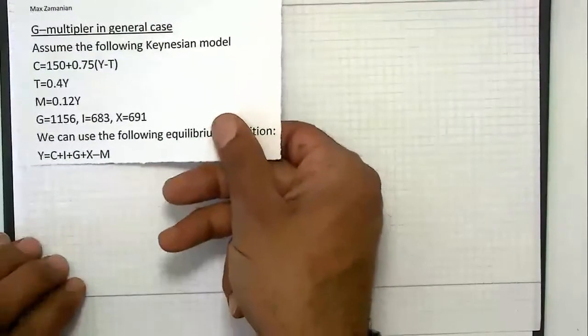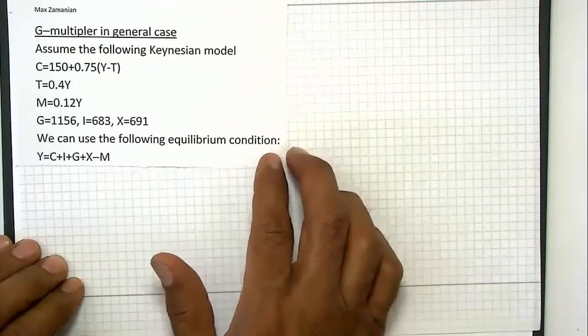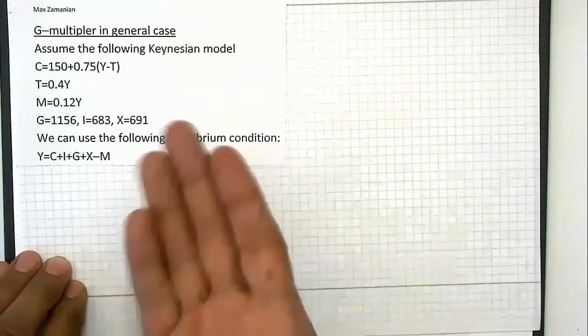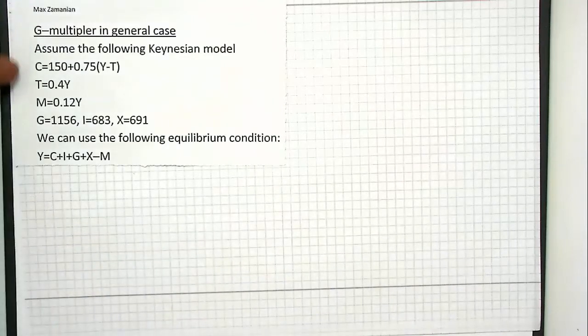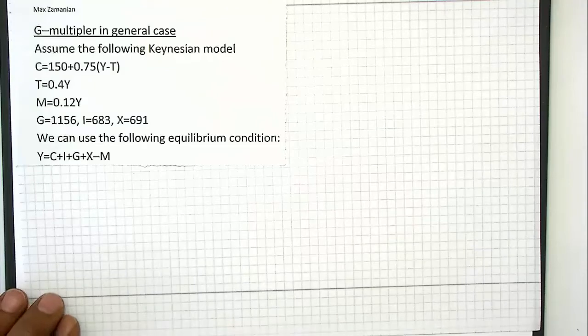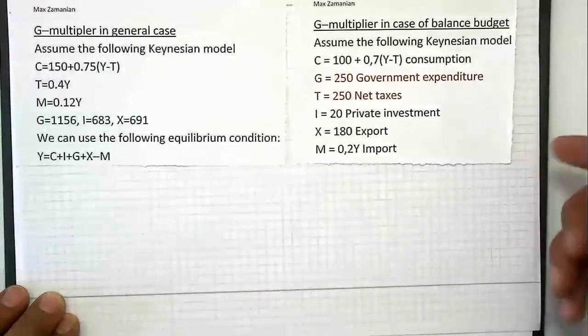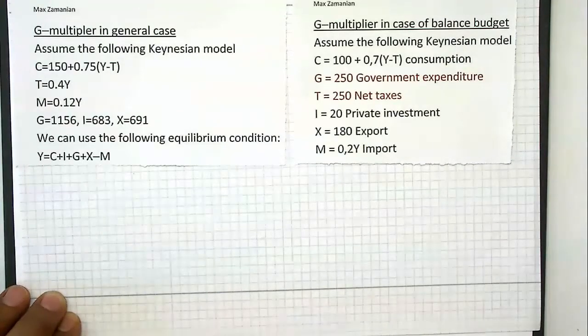All right, in this session, I try to show you how you can calculate the G-multiplier in a standard or general case, as in this one. We had this Keynesian problem in a previous video session. I'm going to continue on that and derive the G-multiplier from it. And then after that, I'm going to show you, in a different setup of the Keynesian model, how you can